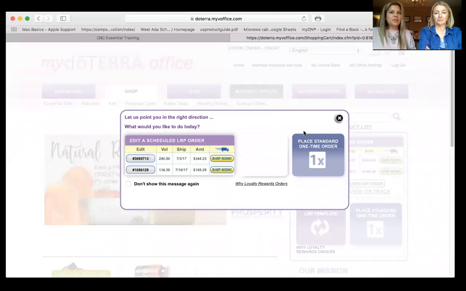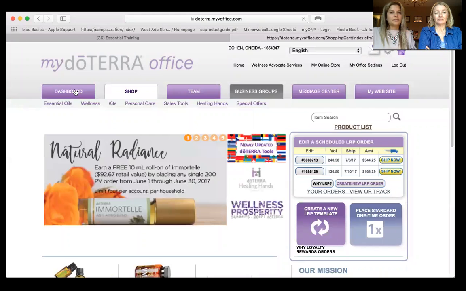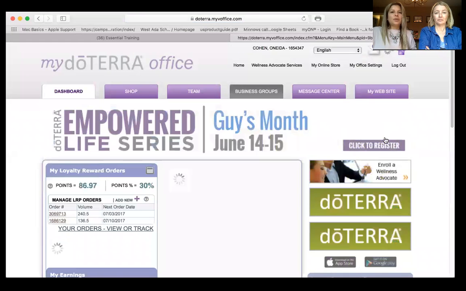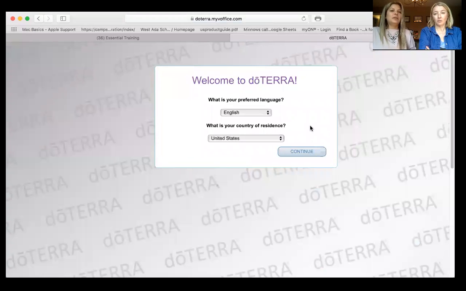Remember, these were my LRPs, so I'm just going to close that. Okay, so you can go to your dashboard and you can choose enroll a wellness advocate or customer.